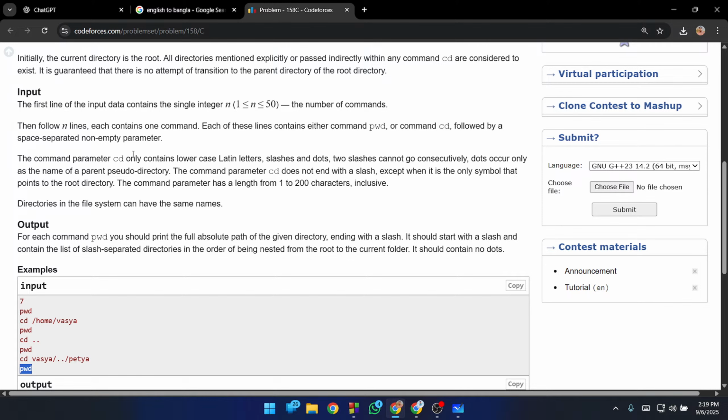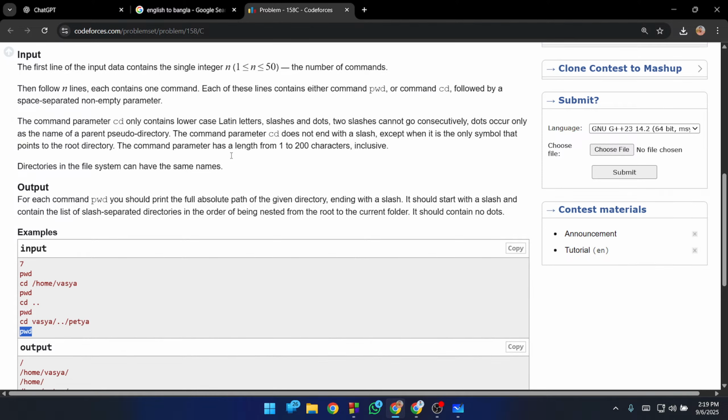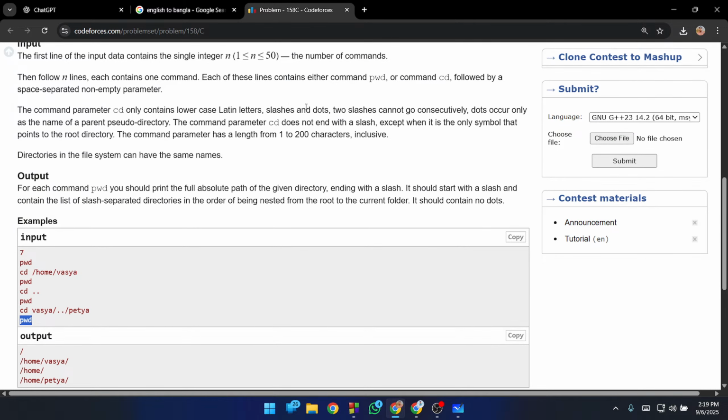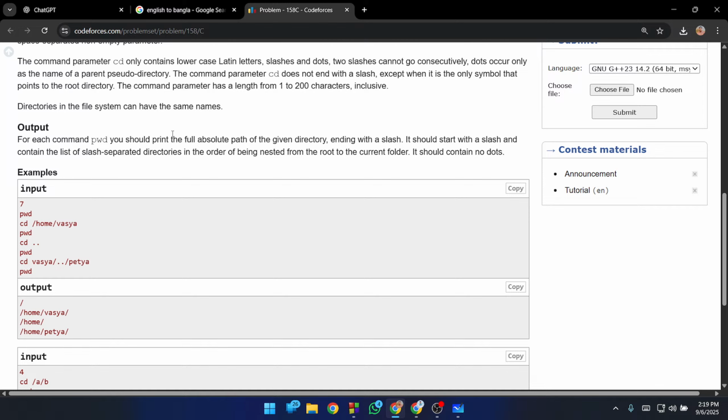The command parameter cd only contains lowercase Latin letters, slashes, and dots. Two slashes cannot go consecutively. Dots occur only as the name of a parent pseudo directory. The command parameter cd does not end with a slash, except when it